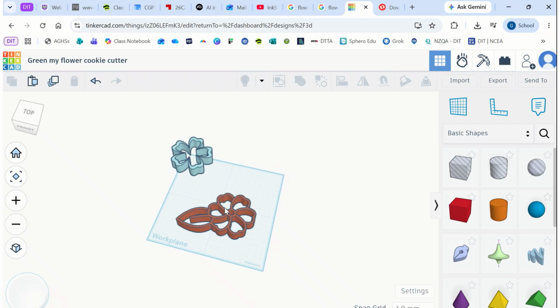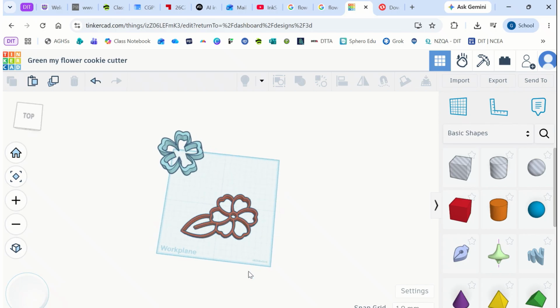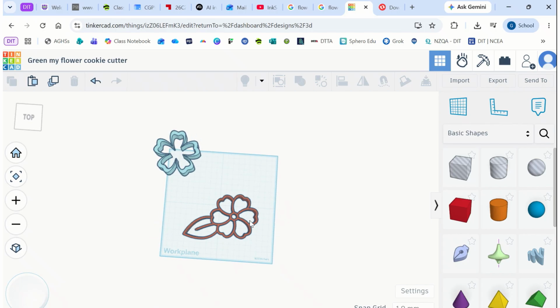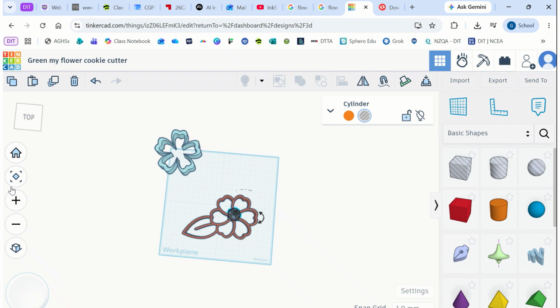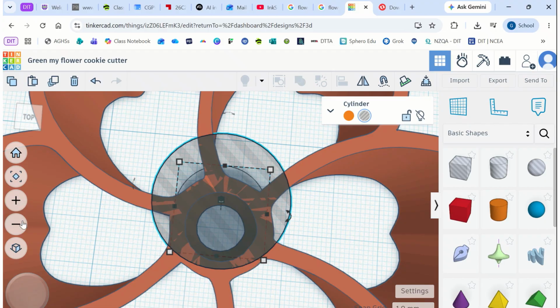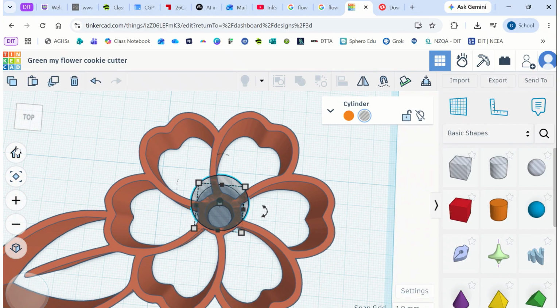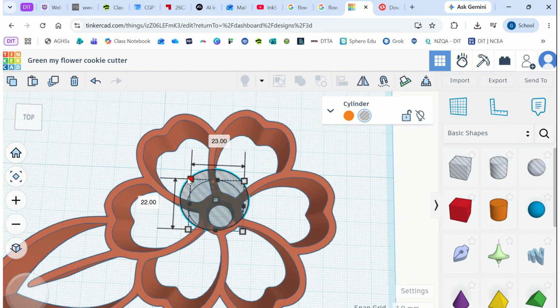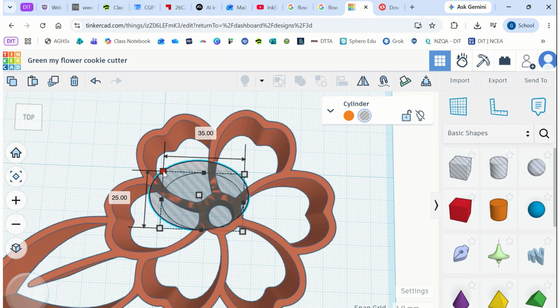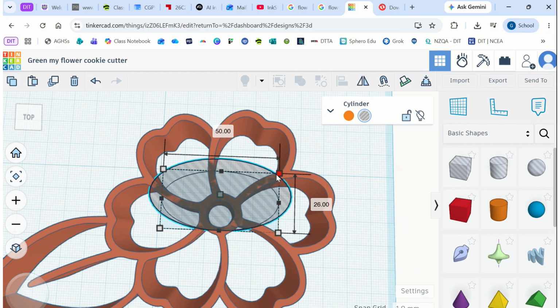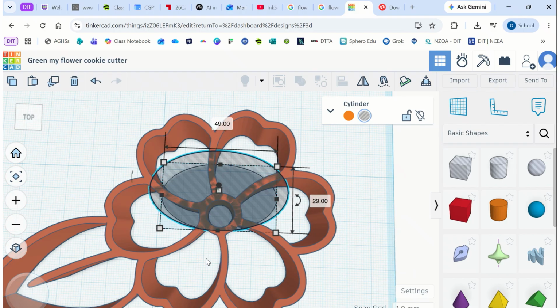I could also use this as a stamp if I can get my shape, but I need to get rid of the leaf and I need to get rid of these middle bits, and the easiest way for me to get rid of these middle bits is grab a cylinder in, and I'm going to change the size of that. I'll use that tool. Woo, and just zoom out a bit. I'm looking straight down. I'm just going to sort of experiment a bit, do a bit of pulling of these sizes,